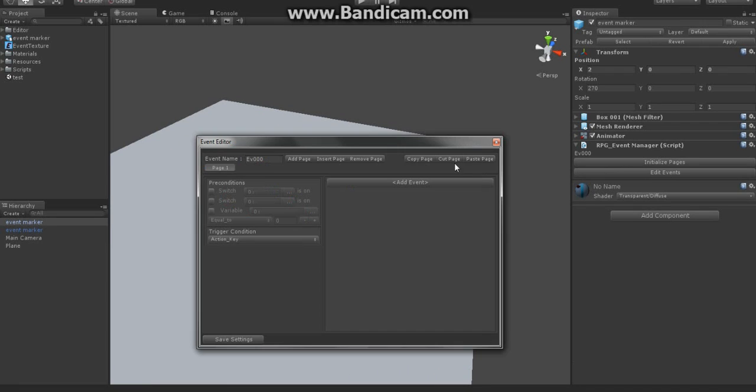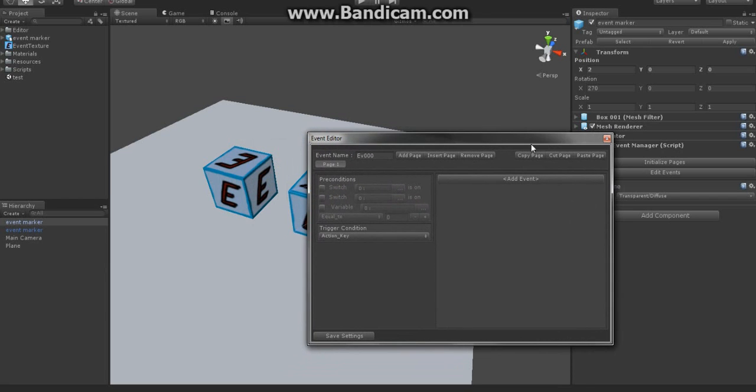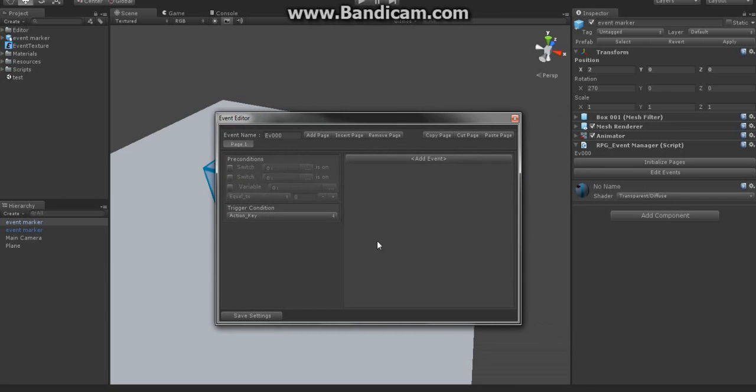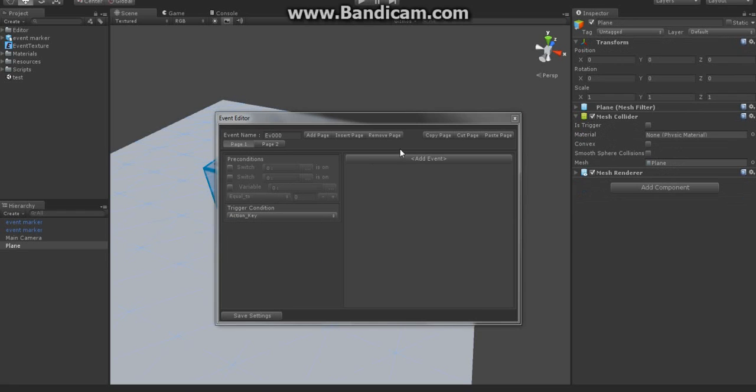So we're going to go over here, click Edit Events, and this is the screen dialog that shows up. You can add pages, remove pages, also copy, cut, and paste a page. Every page has its own precondition, its own trigger type, and its own set of events. And you can have as many pages as you want, so there is no limit to the number